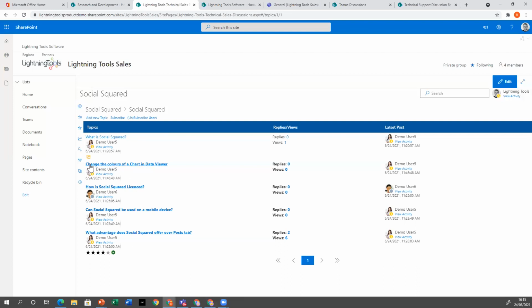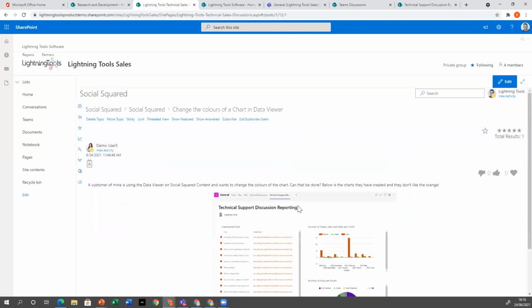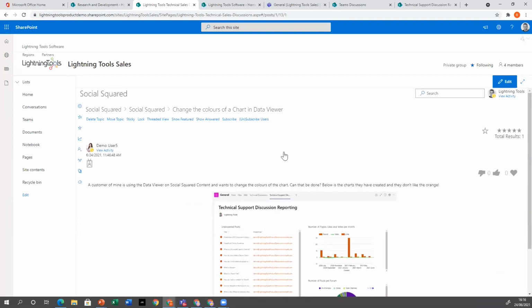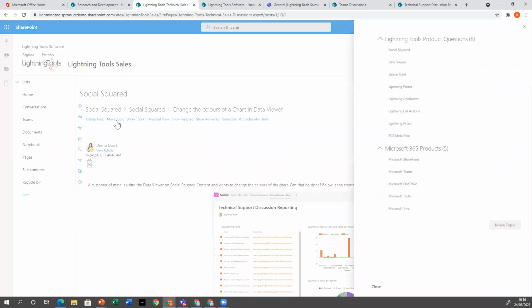So there's one here that says, can we change the colors of a chart in the data viewer? So first thing that springs to mind is, well, this is actually a question on the data viewer, and yeah, you're going to learn later on inside this webinar that the data viewer can actually report on social squared content as well. But since it's a question about how to change the colors within inside the chart, it's perhaps going to be better answered if this particular post is inside the data viewer forum and not inside the social squared forum. So one of the things I can do there as a moderator is click onto move topic, and that